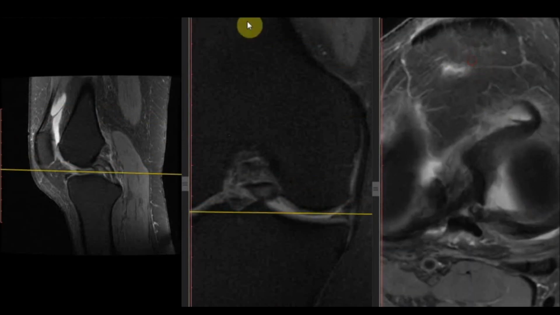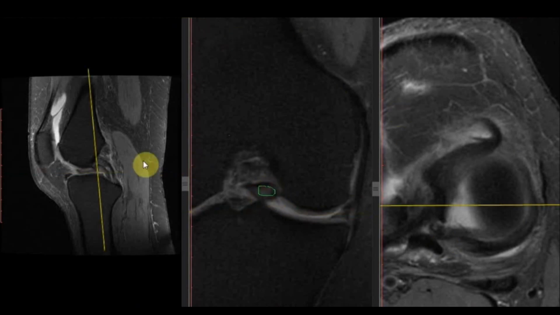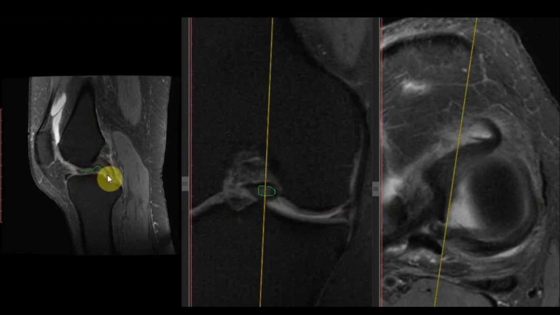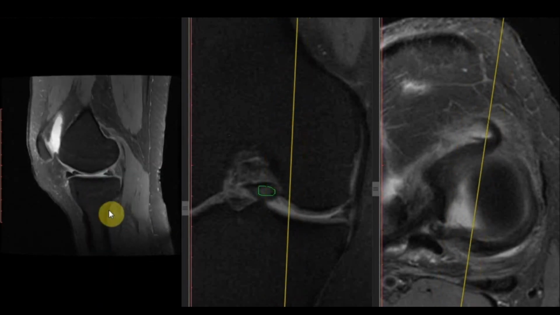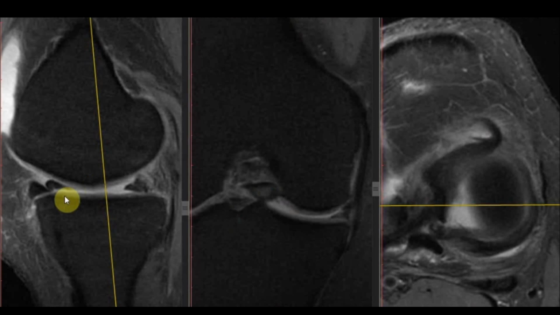So we can see in the axial plane there is bucket handle tear here which has displaced from its position, and there is extra meniscal tissue in the intercondylar notch, giving the double PCL sign, and this is the double delta sign. So there is one triangle, there is another triangle, this is the double delta sign. Plus the double delta sign is seen here in the posterior aspect also. And there is absence of bow tie sign.